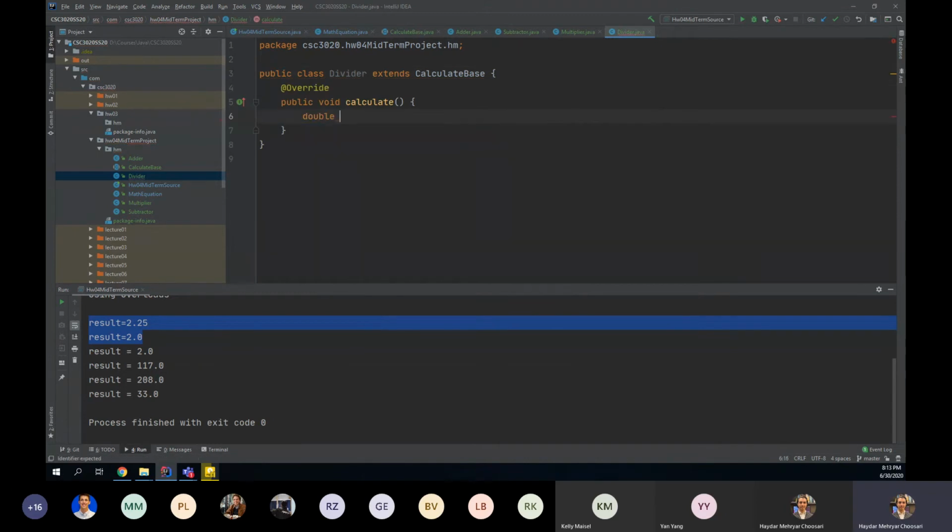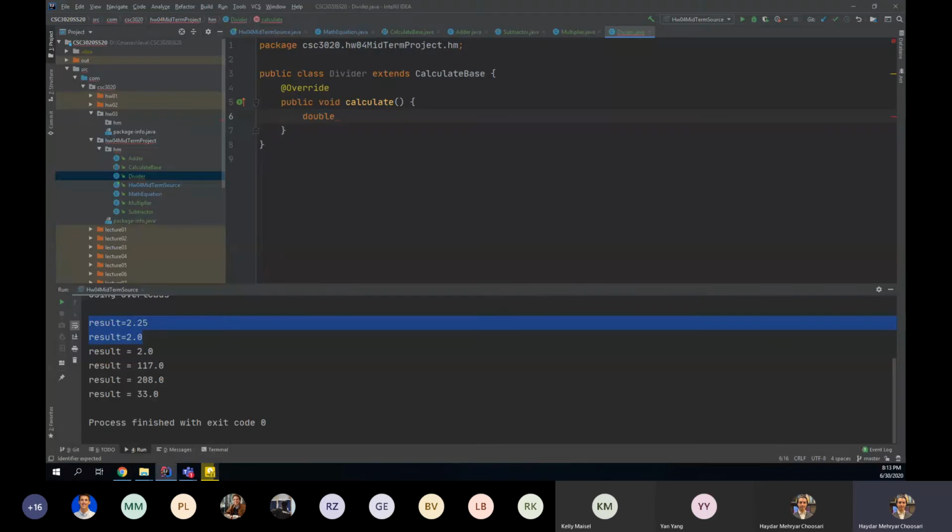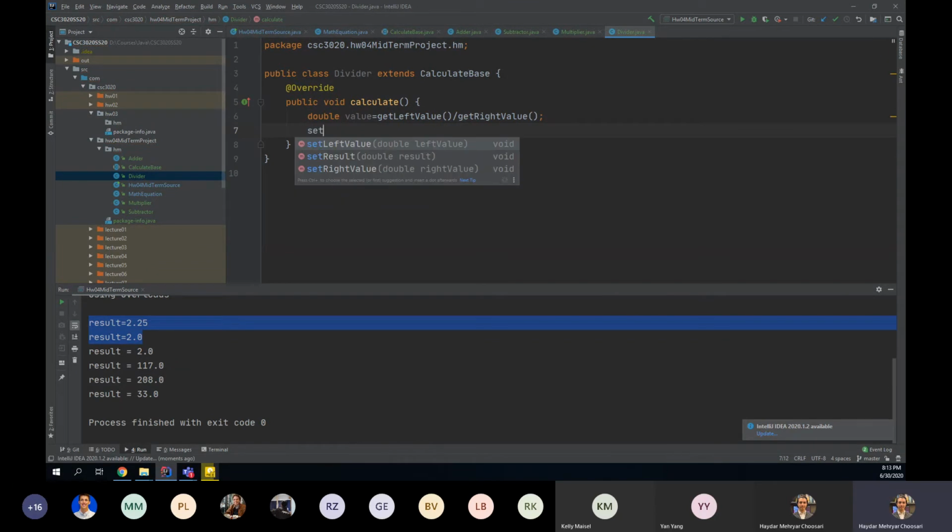Again, I need a double value. Use the value again, get the left value and get the right value, and set the result of the value. But be careful if